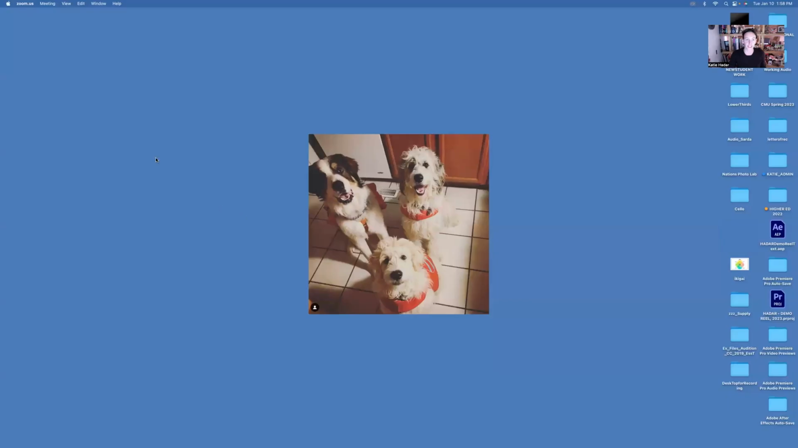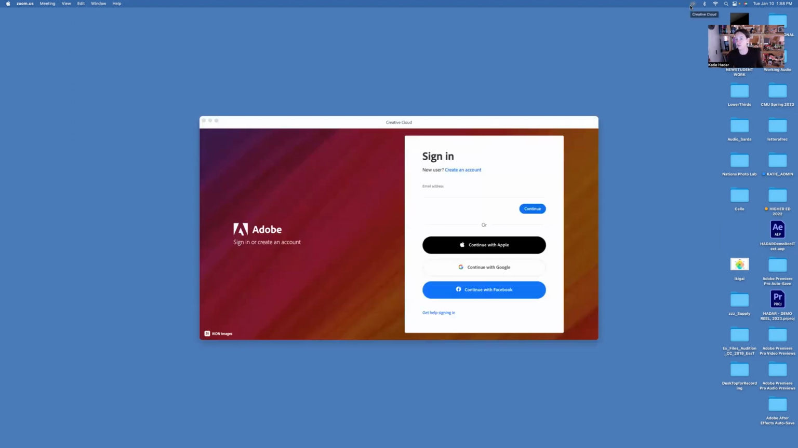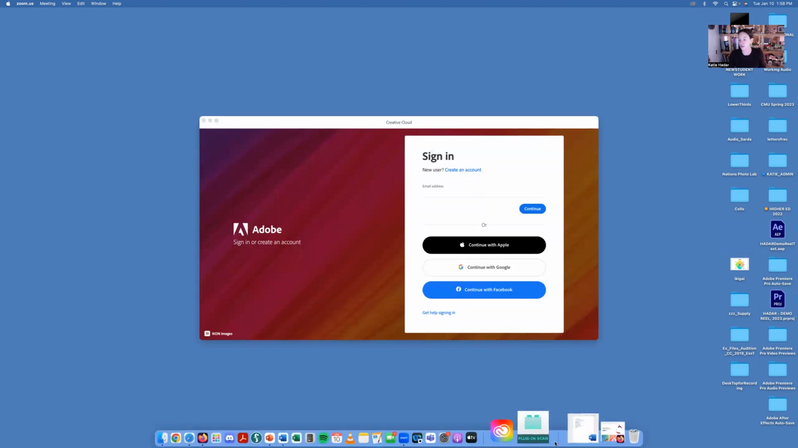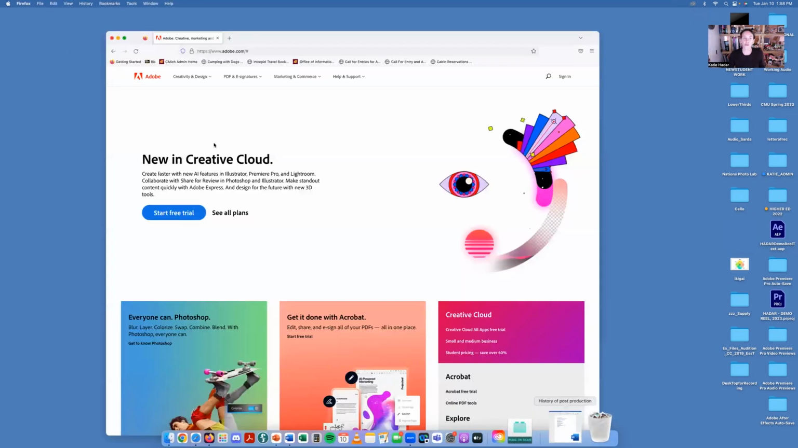You should be looking at my dogs. And then I want you to look up here for this little icon. If you've worked in the Adobe Creative Cloud before, there's a chance that you have this little icon. This is the Adobe Creative Suite, and it's prompting me to sign in because my computer is used to that. If you don't have that, what you're going to do is go to